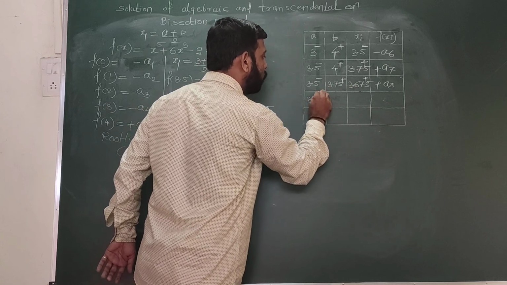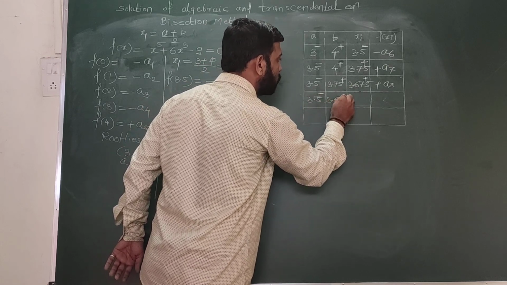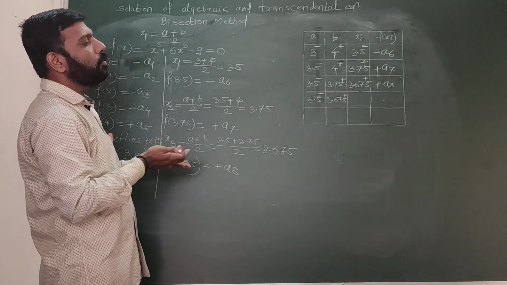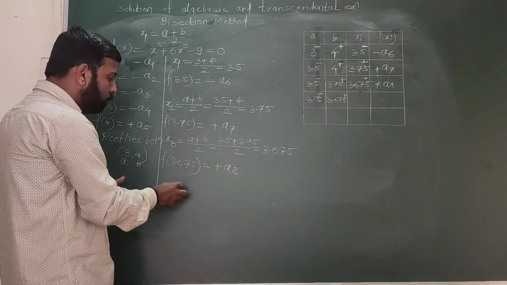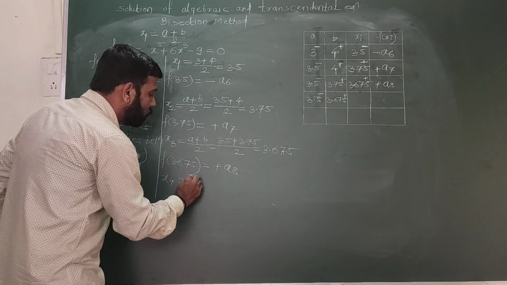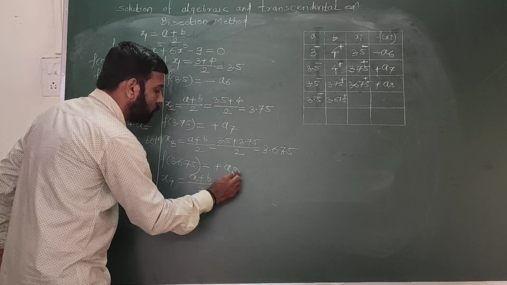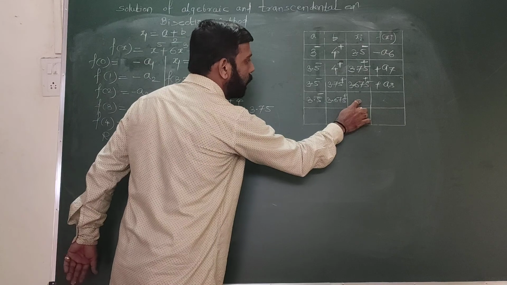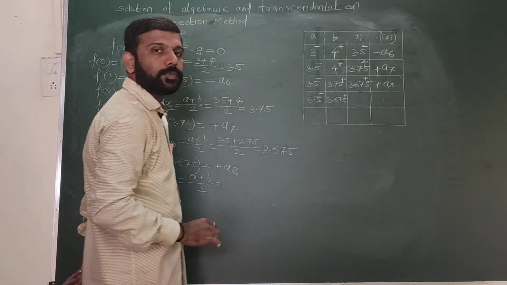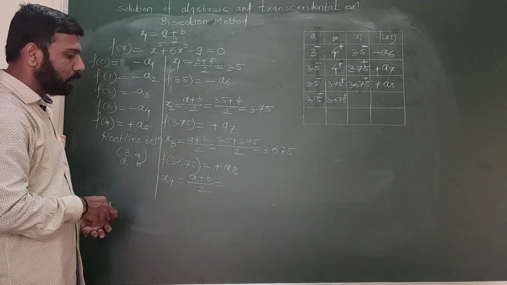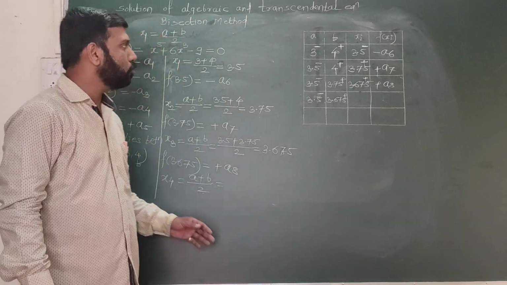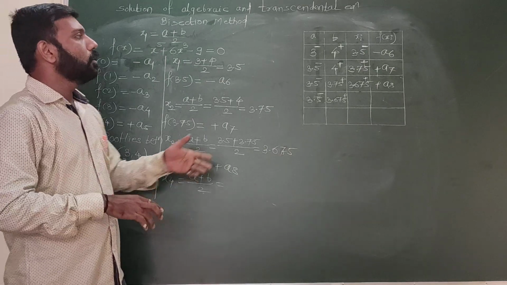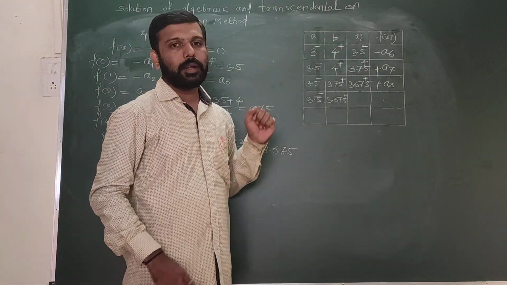So 3.5 minus and 3.675 plus become our new A and B values, and we'll continue with the x4 approximation. Substitute the A value here, B value here, continue, then we'll get the next number. So we discussed three approximations using the bisection method. This is actually a technique, a technique with the symbol, and we'll understand